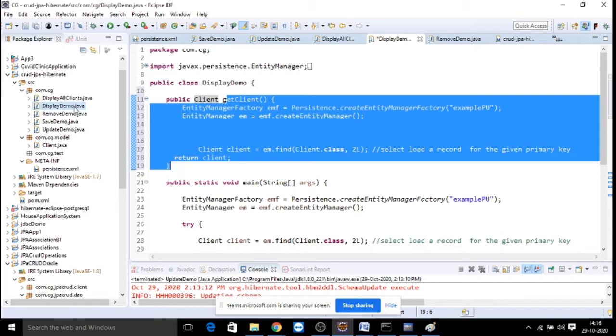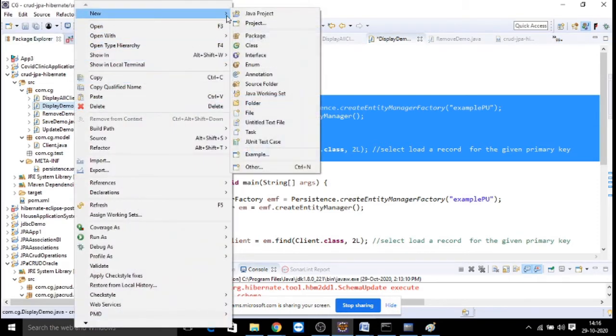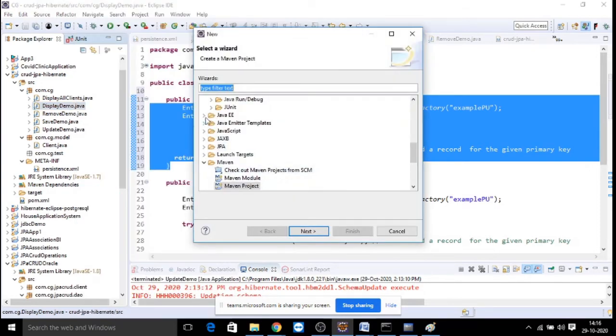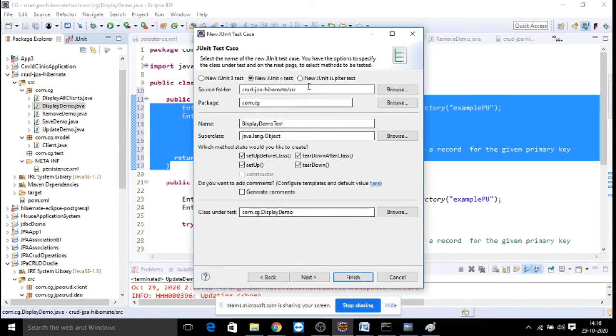So how do I write it? Right click, new, other, JUnit test case. Next, go here with Jupiter, version 5, we are going to use. Setup and tear down, if you want you can use.